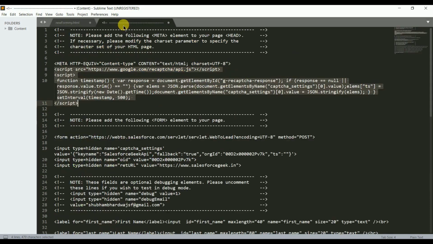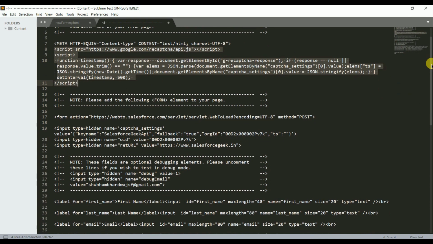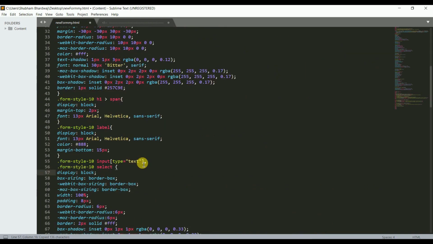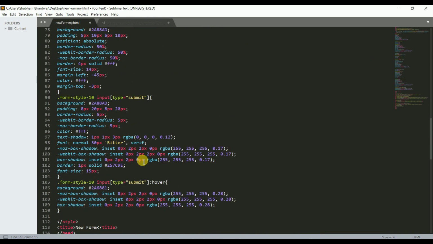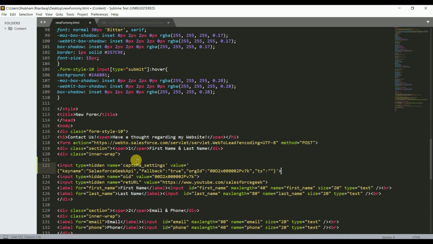After that, in the form action, it's all okay, it's like earlier. Now you will see a hidden input type, so I simply copy it down and use it in my form where I have the other two hidden fields. So let's say here, so it's all okay, looking good.